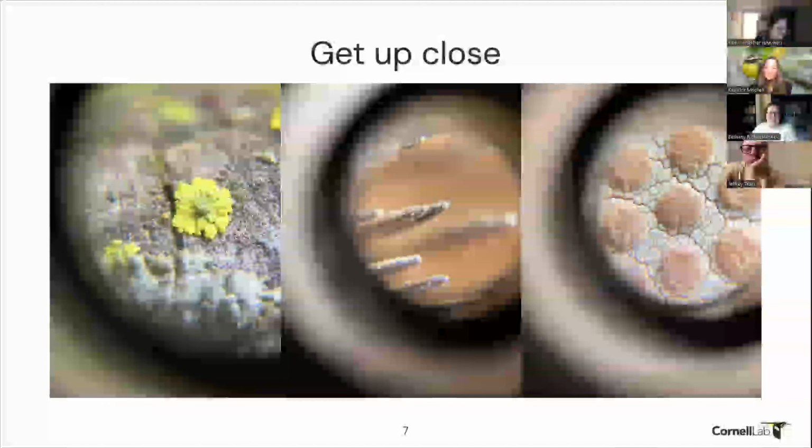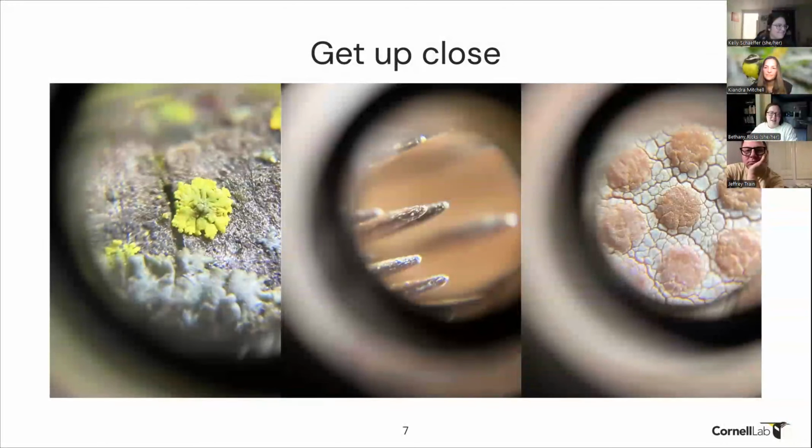Getting up close can be of huge value. We also, every one of my naturalists has a set of hand lenses that they use, and we look at lichen, we look at the spines of echinacea. The one on the right kind of weirds me out. It's a basketball. But it was something that was in the park. And taking a close look, yes, it is a basketball. Taking a close look can be really surprising. And just an interesting way to explore.